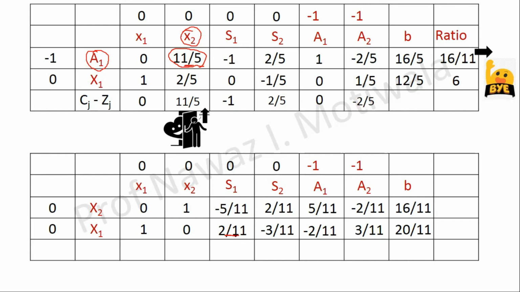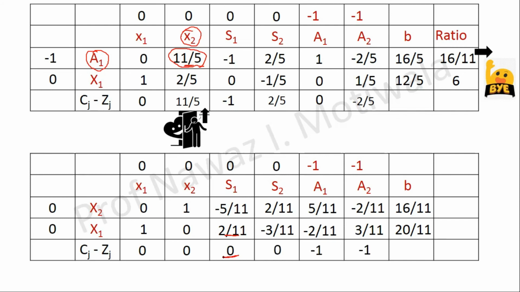Next stage is to find out Cj minus Zj values. Again, for that we have Cj minus Zj values for the basic variables coming out to be 0 always. So here I will write 0, and for the computation of this value I will apply again the cross multiplication technique, by which I will get answers as 0, 0, minus 1 and minus 1.